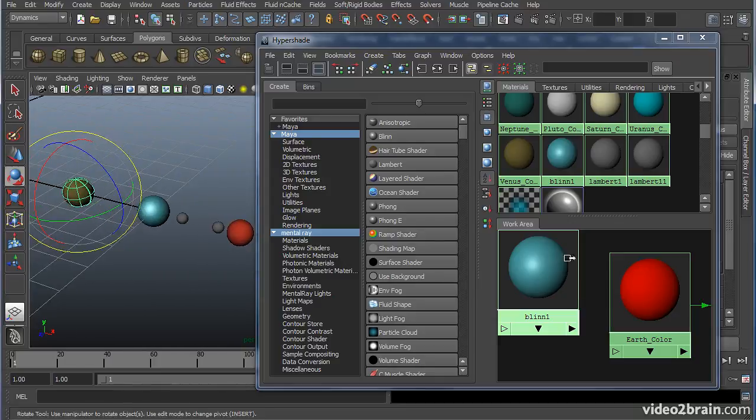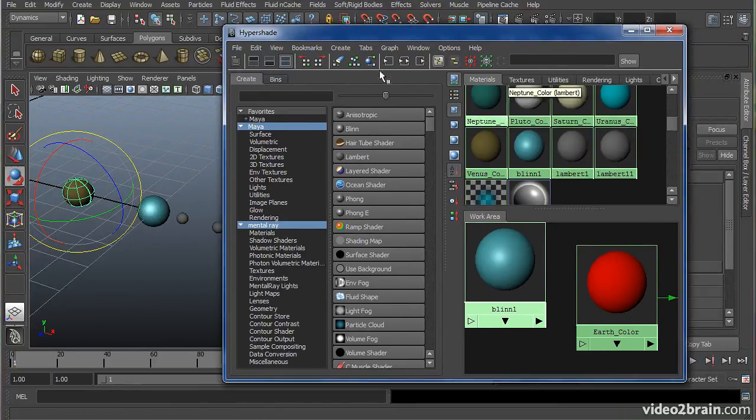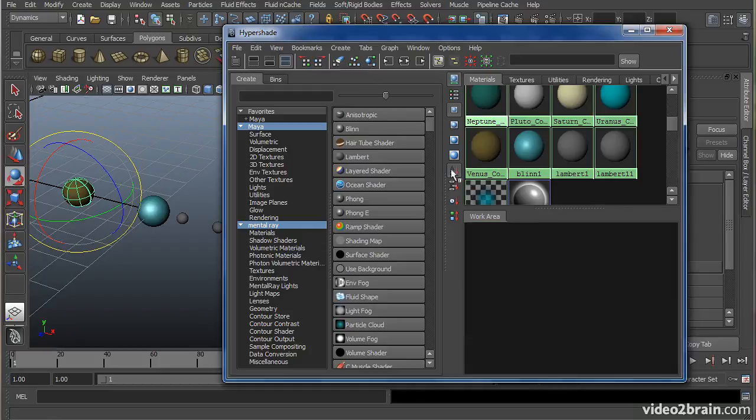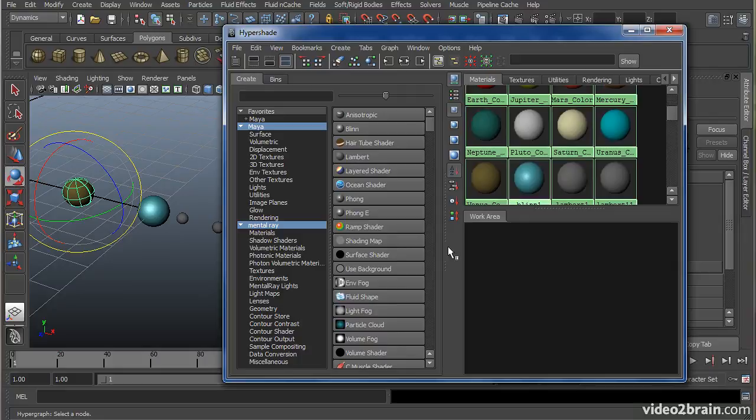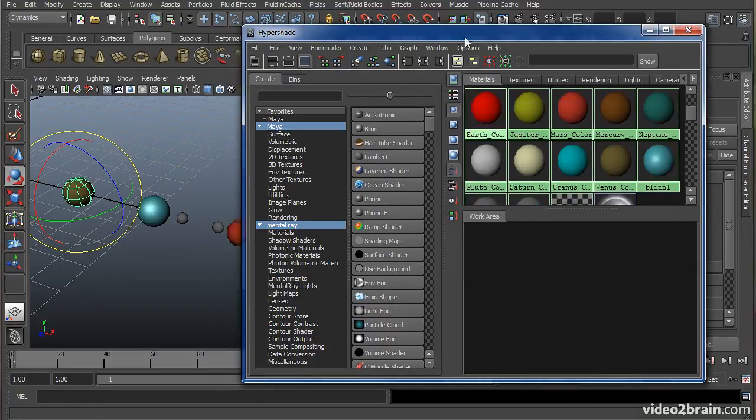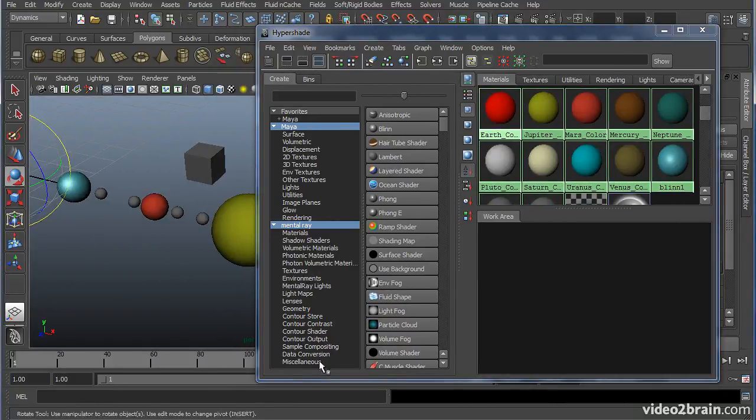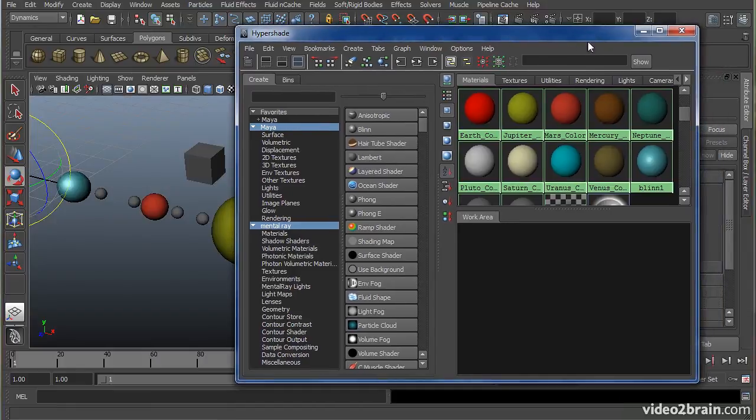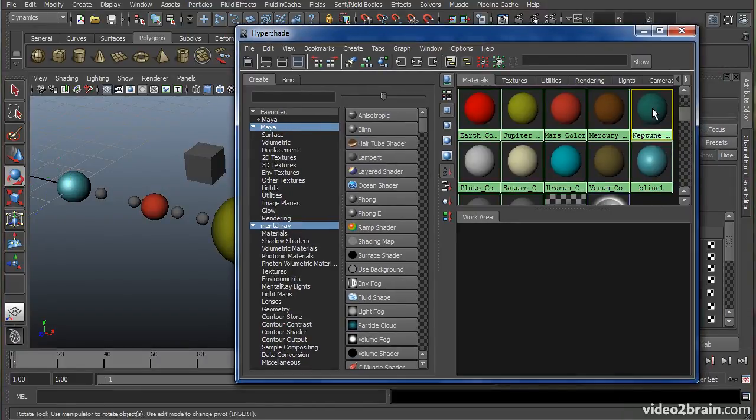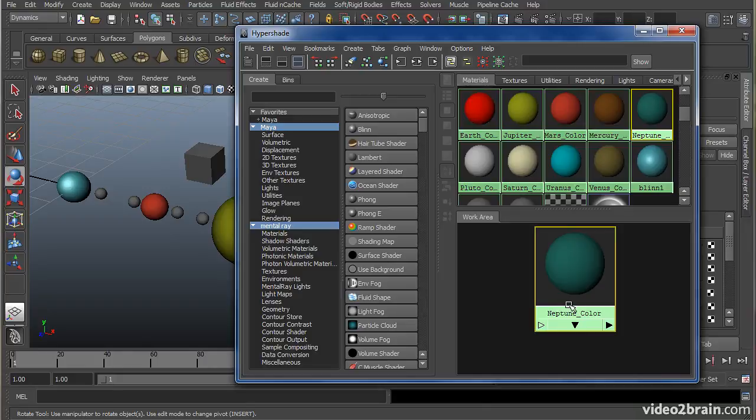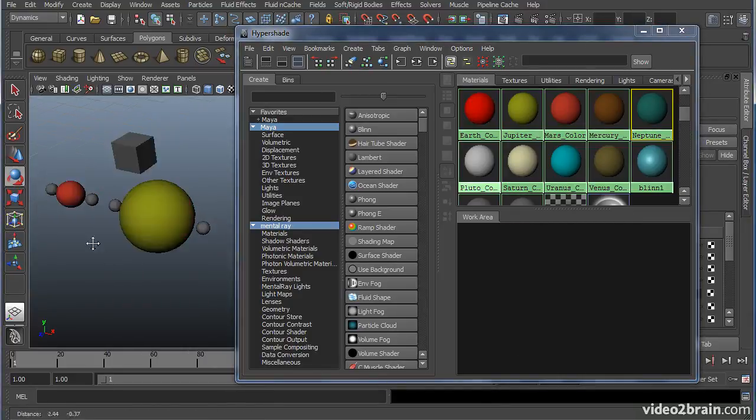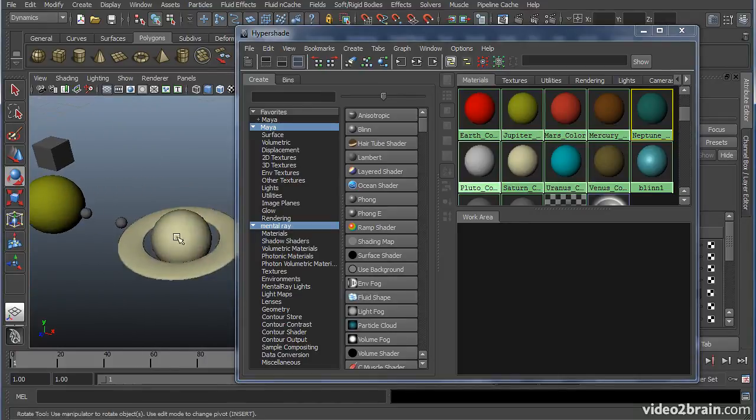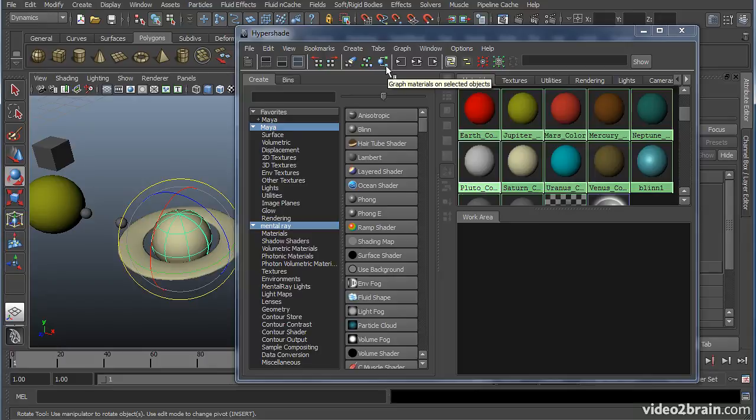I can also clear my work area by clicking this button. This only removes them from the work area. It doesn't actually delete them from the scene. So that if I want to edit another object, I can simply middle mouse button drag it back into the work area. Let's go ahead and clear that, and let's select this planet, and we'll click this button to graph